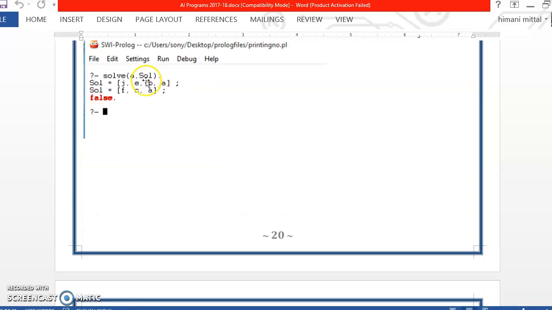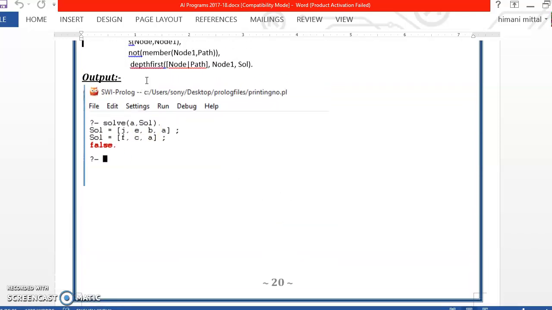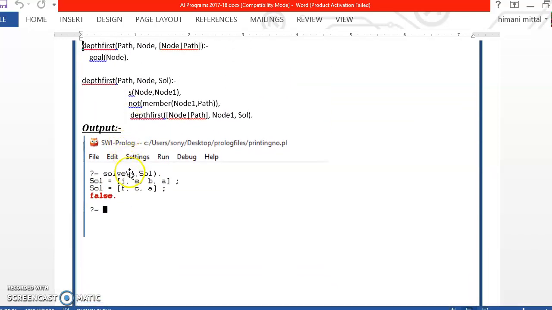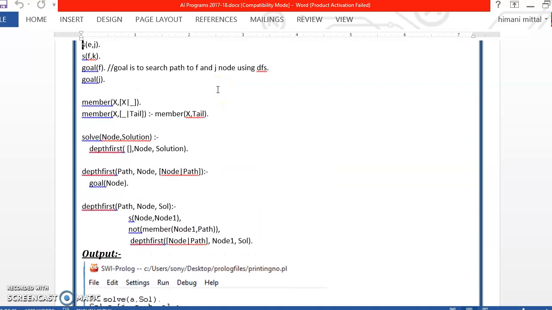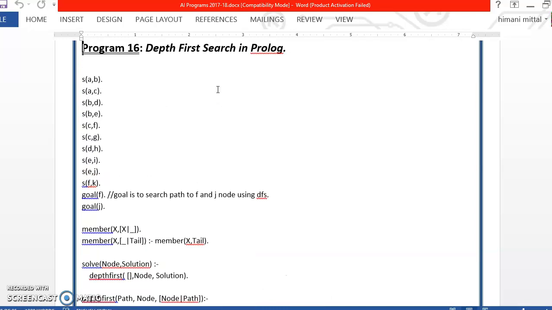So in this dummy execution, when we solve with A as the starting node, what will happen? We will come back here. A is the source node. Now A is connected with B, so node 1 becomes B. B is connected with D, so node 1 becomes D. Then D is connected with H and node 1 becomes H. Now H is not connected to any of the goal nodes. So we will not get a solution here.